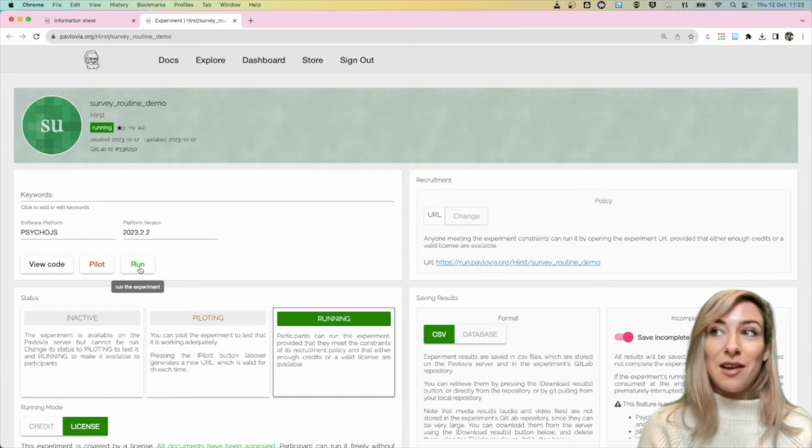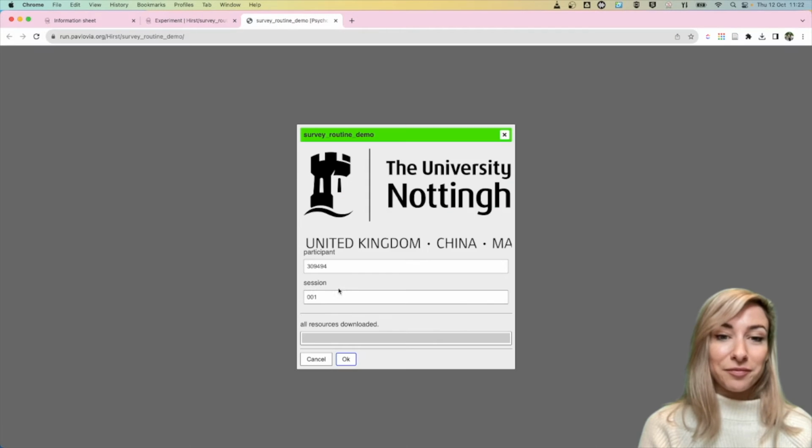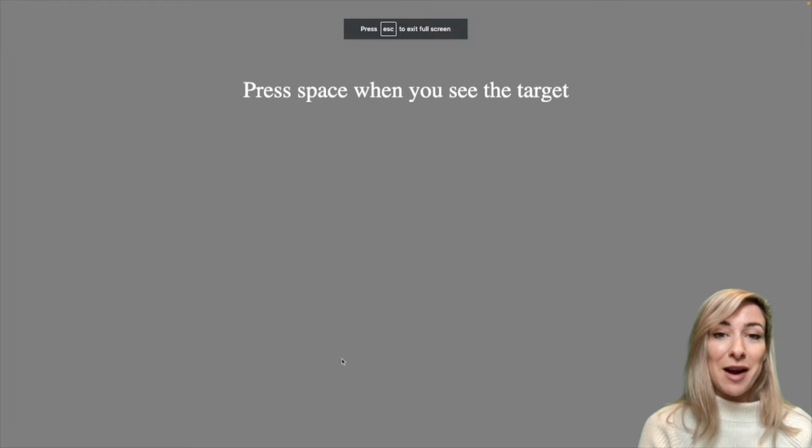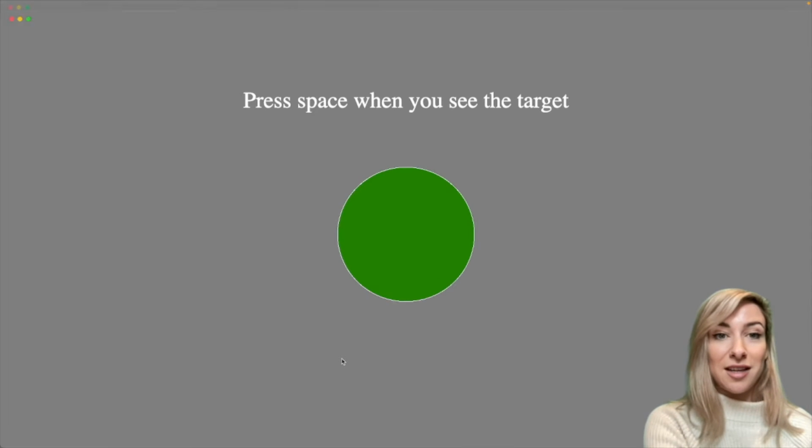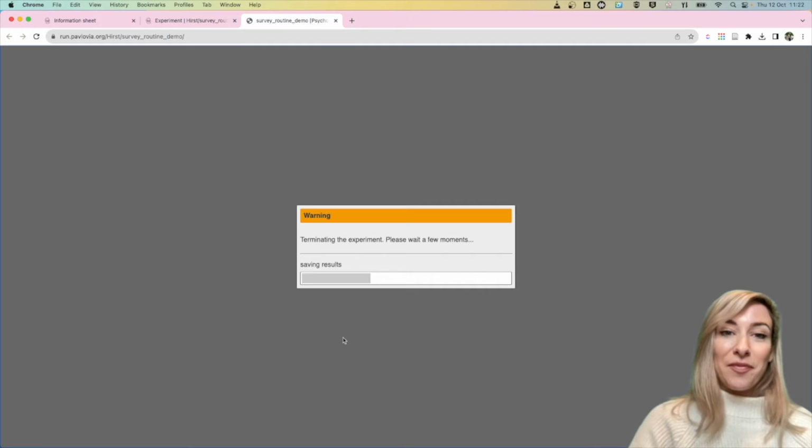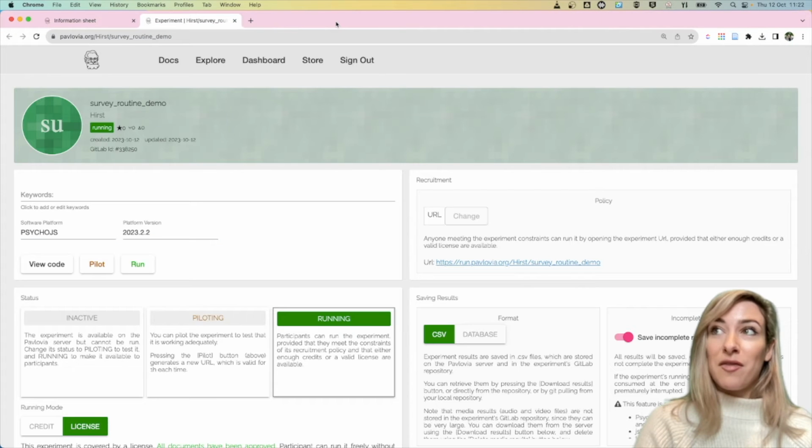So if you want to see what that looks like, I can click Run. And this is a really simple experiment. You're shown a target and you just have to press space as fast as you can in order to respond to that target. So imagine that at the very beginning of this experiment, I actually want to present my participant